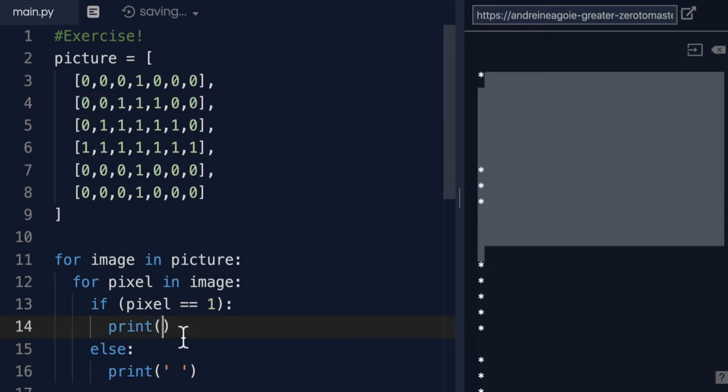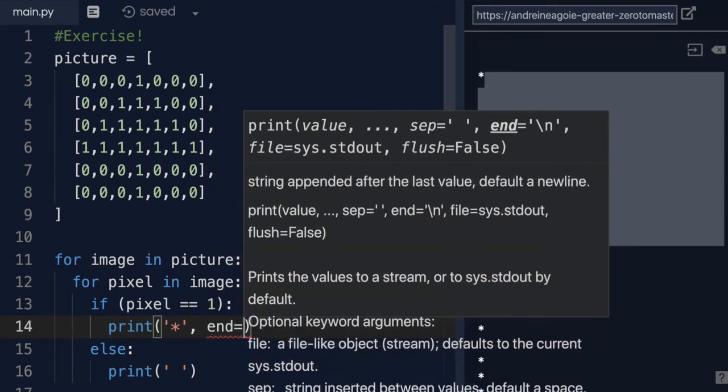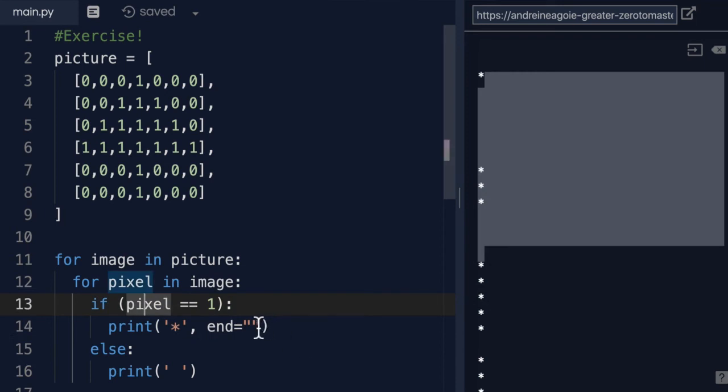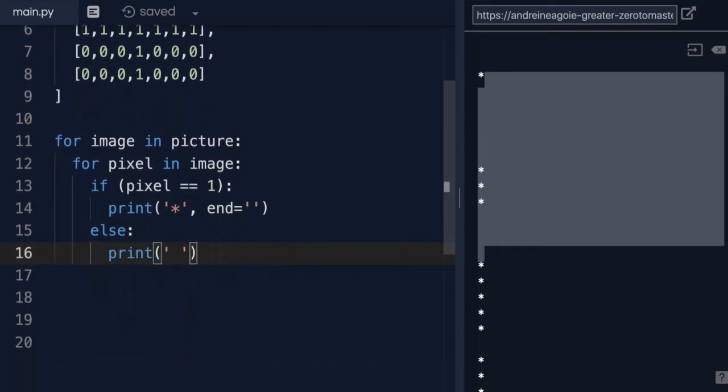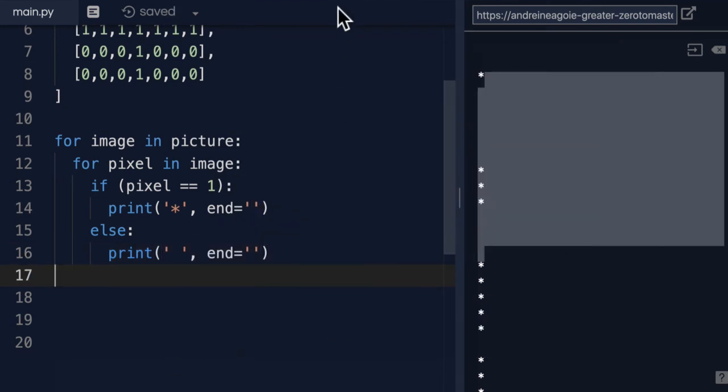So we can change that by simply saying star, comma, end, and then I'm going to say for the end, I don't want a new line. I just want, well, a string, but an empty string. And same over here. If I do comma, end, and if I click run,